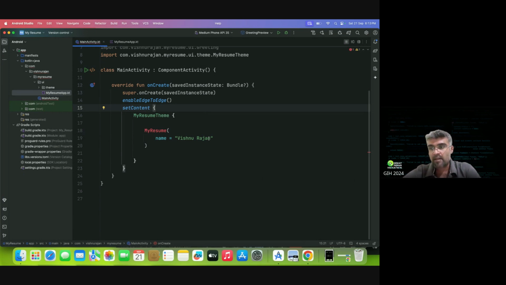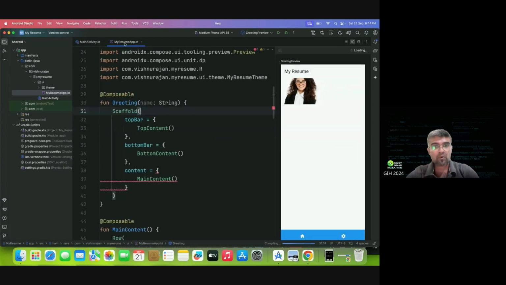Can anyone tell me why an error is shown? Yes, anyone? This is a function call only. Yes, correct. Import, we cannot actually import this function,